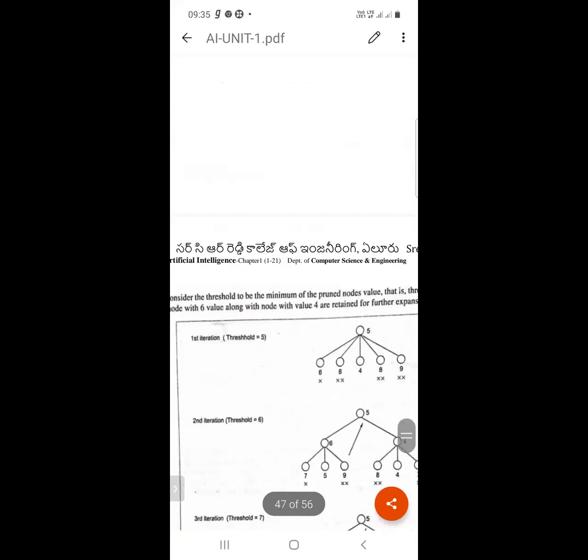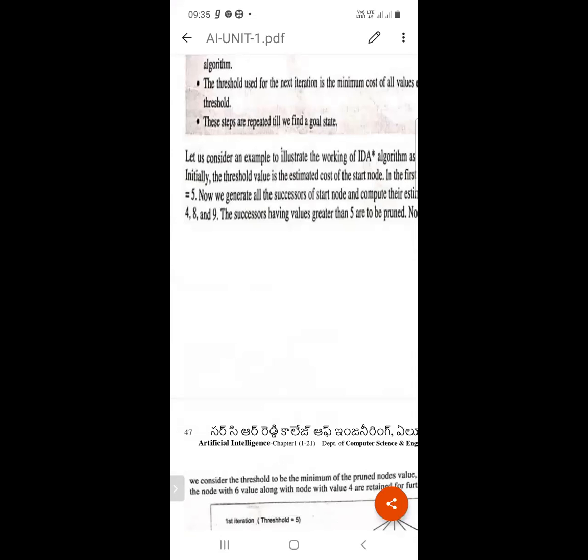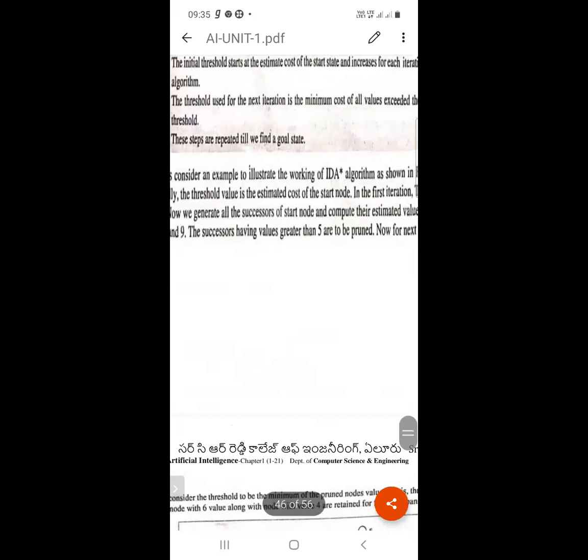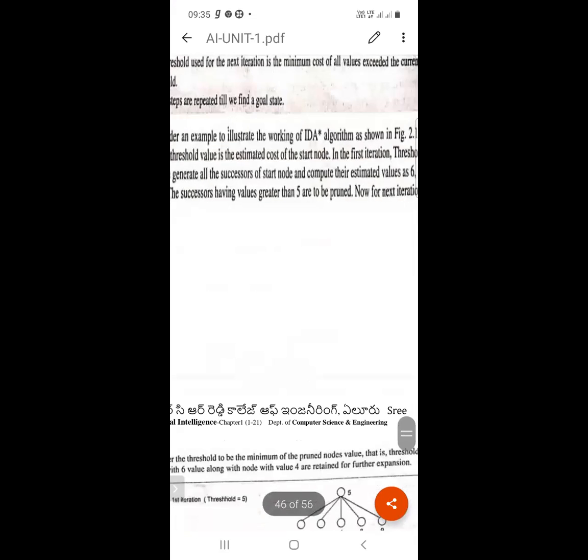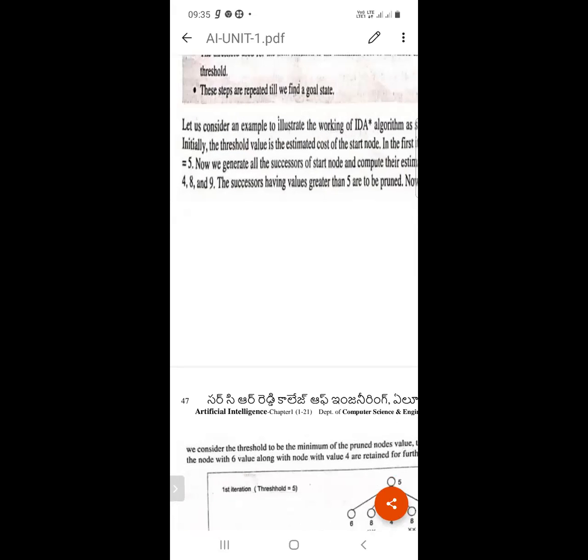Here once again, let us consider an example to illustrate the working of the IDA star algorithm as shown in figure 2.1. Initially, the threshold value is the estimated cost of the start node.